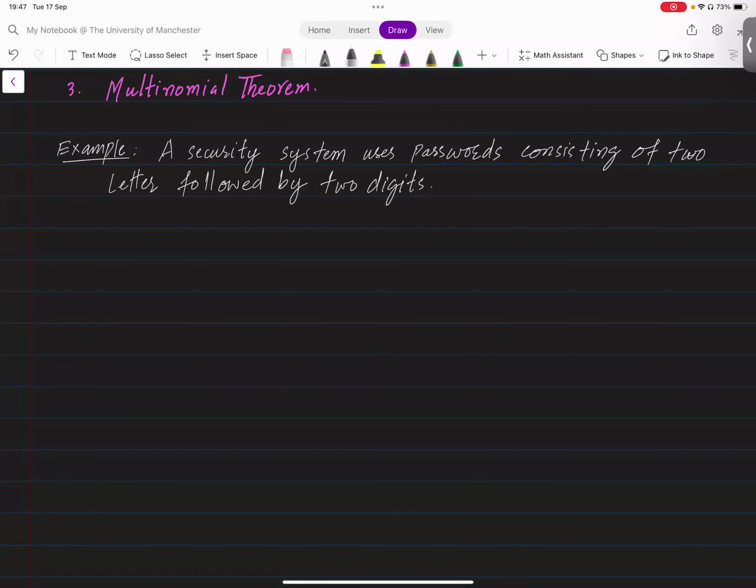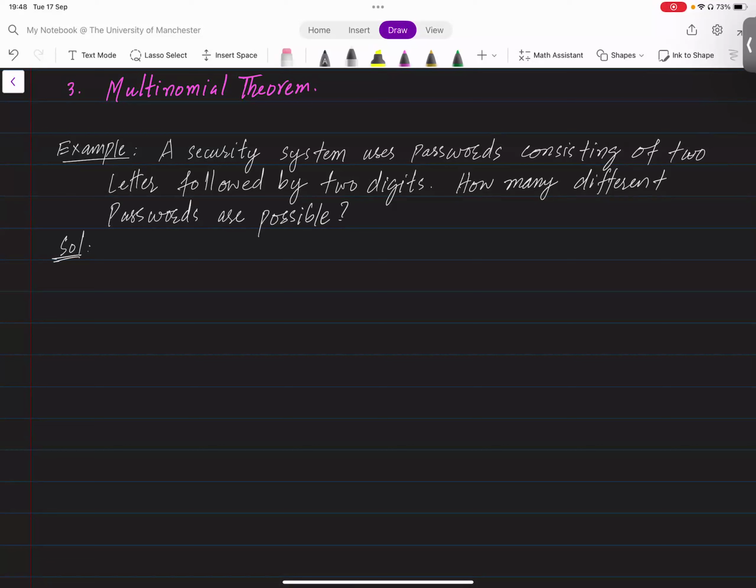How many different passwords are possible? So the solution, or answer, to this one is